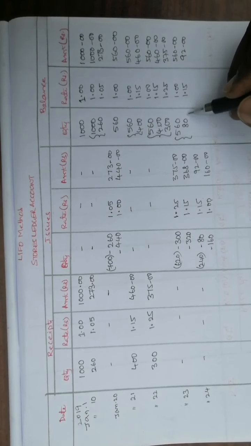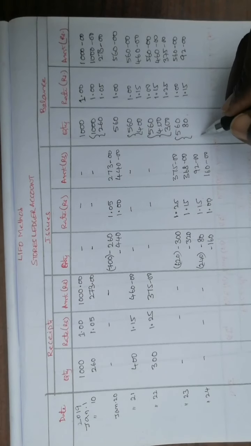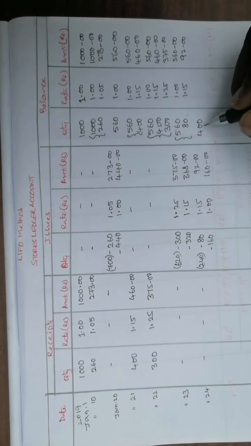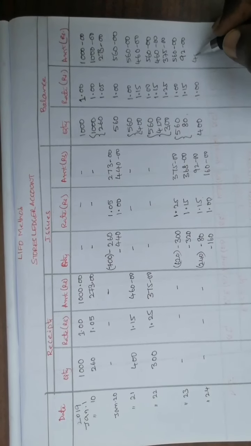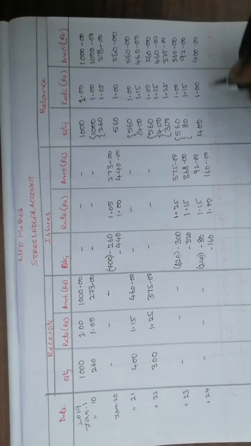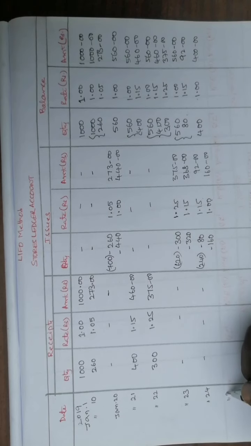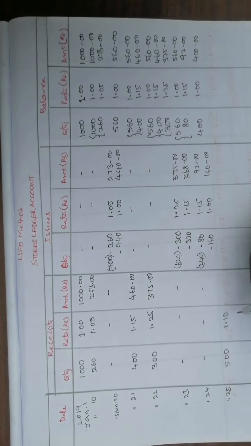Now this is already issued. Now the balance is not available. And this 560, of which 160 are issued, how much is left? 400 left. 560 minus 160 is equal to 400. 400 at the rate of 1 rupee is equal to 400 only. 1 rupee is the unit price. Now this one is also January 25th. On the 25th there is again a receipt of 500 units at the rate of 1 rupee 10 paisa.